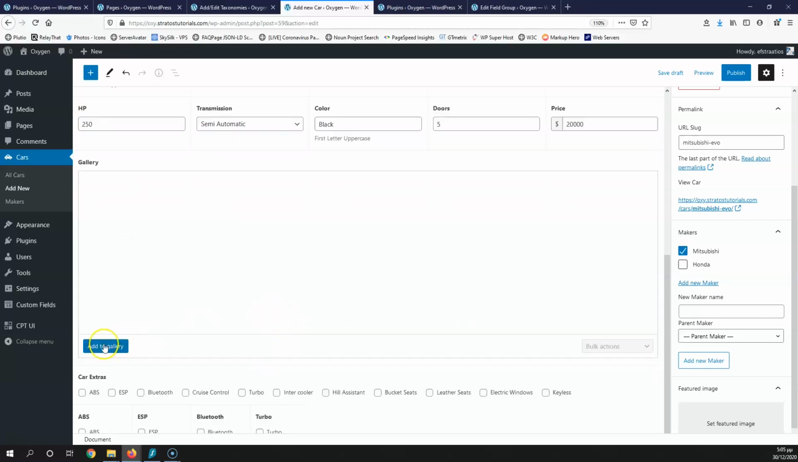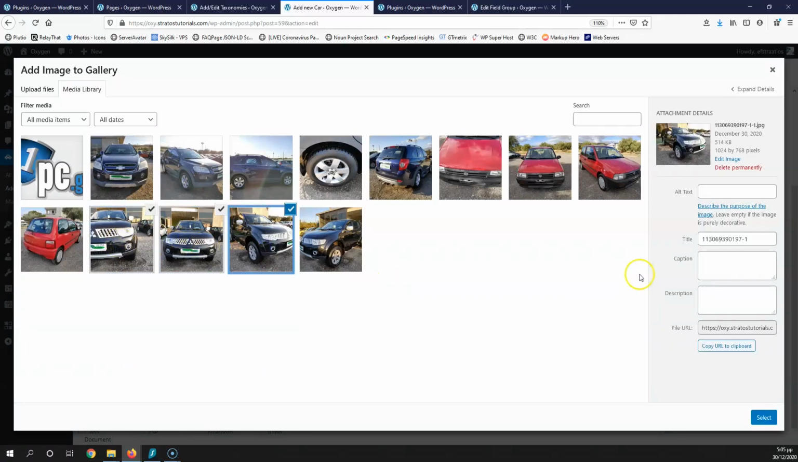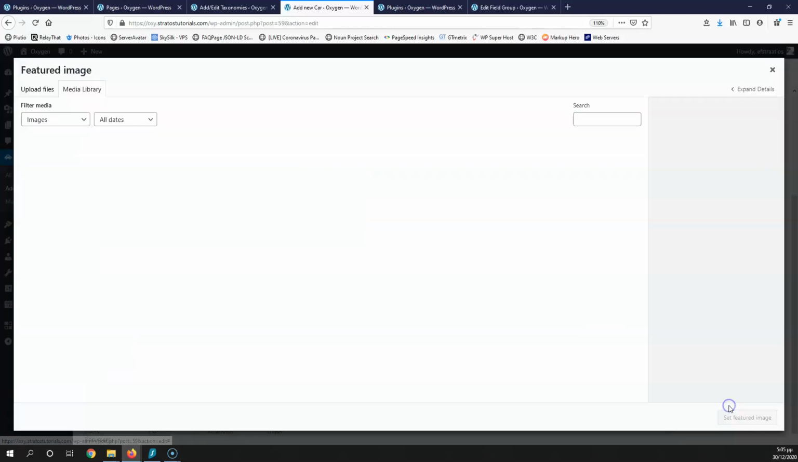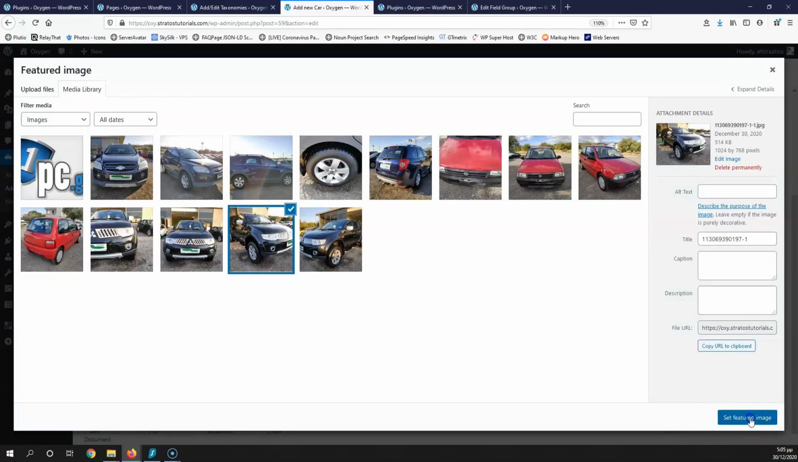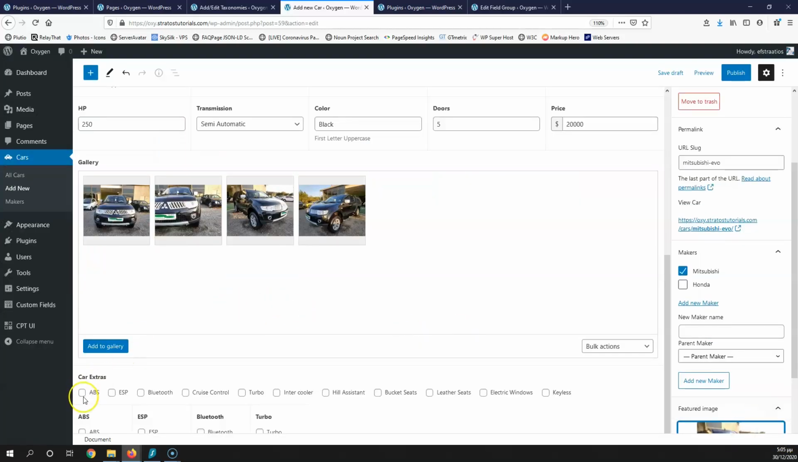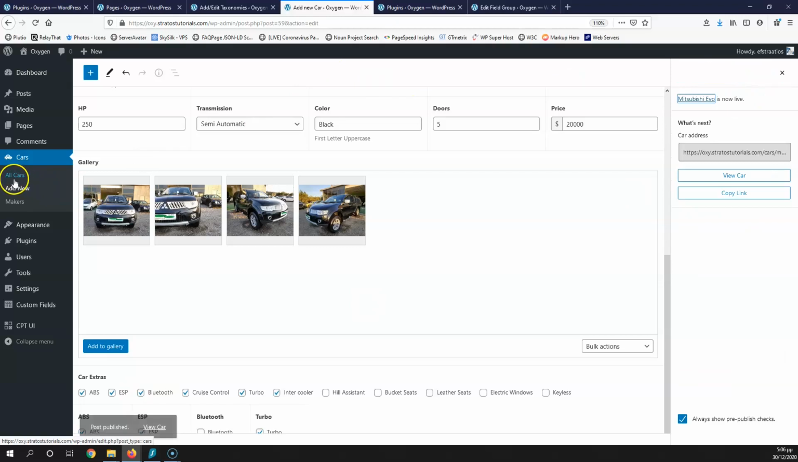And the gallery, let's go to add the gallery and select those also. I'm going to select all of those, select, and for featured image I'm going to add this one. Okay, then we have the car extras, which is those and those. Okay, publish that, and let's go and add 2 more. So add new,